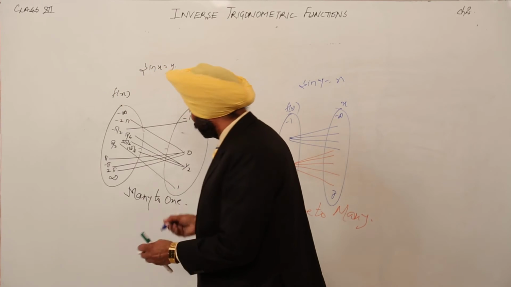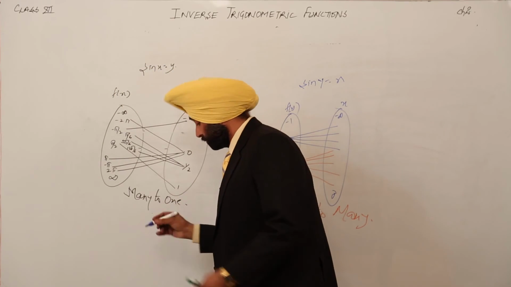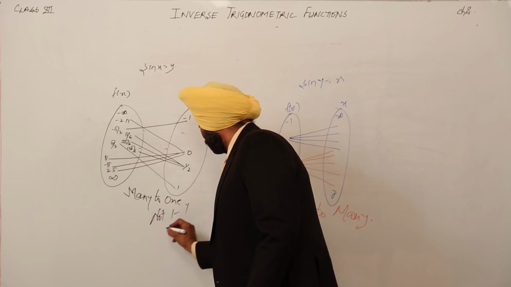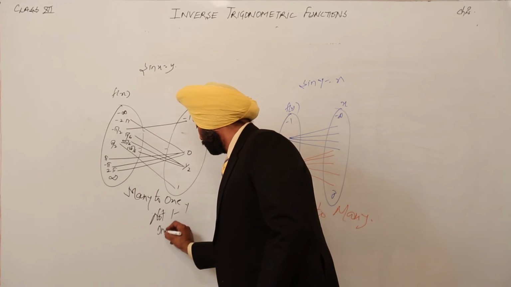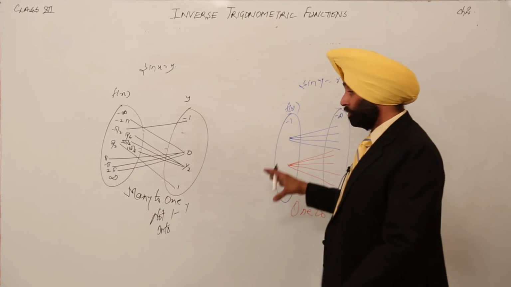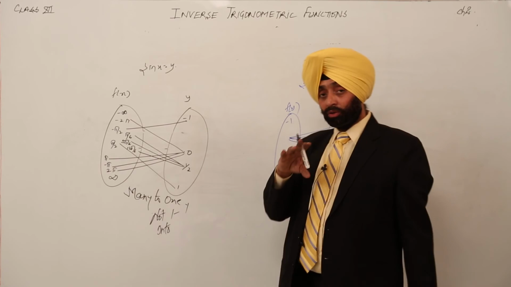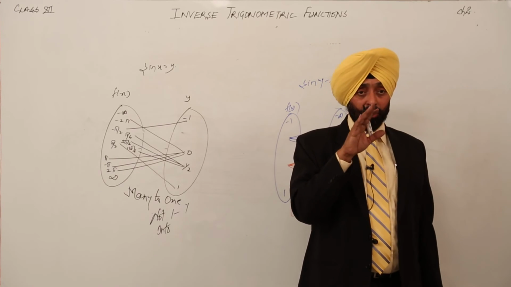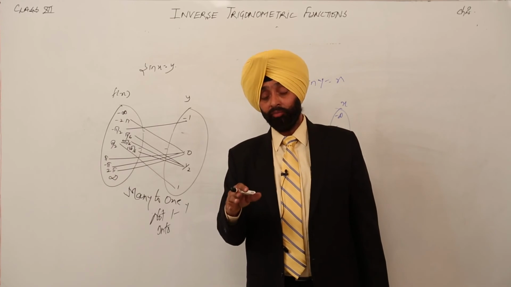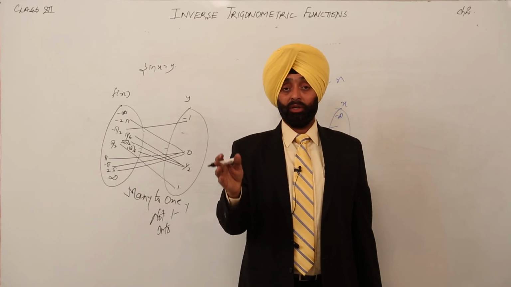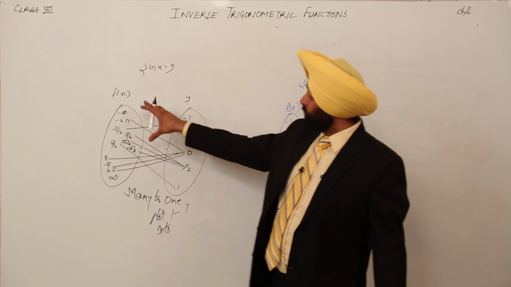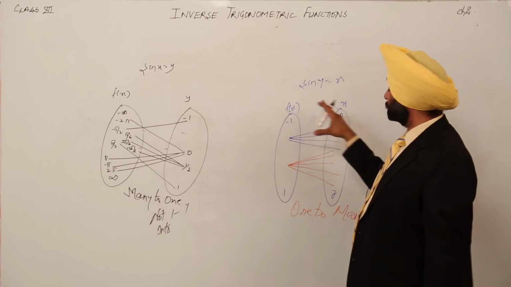This part is many to 1. We can write it not 1-1, but onto. Right now it is onto. Not 1-1, onto. This cannot be inverse. If we are just taking the mirror image, I told you the domain of the second function will be the range of the first one. The range of the first one is the domain of the second one. Similarly, now when these were domain, these were range. Now when this is range, then these are the domains.